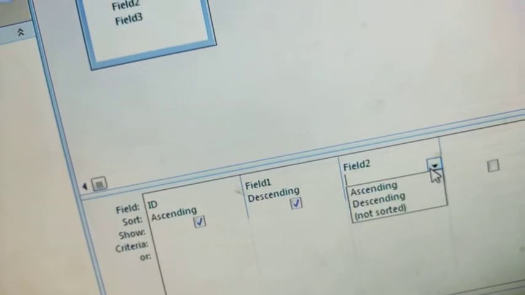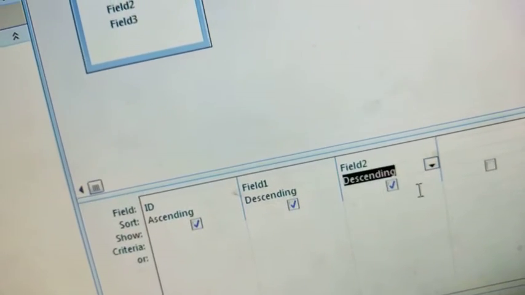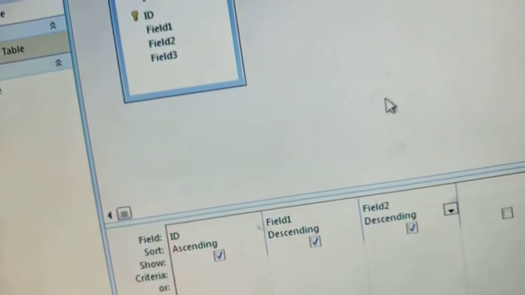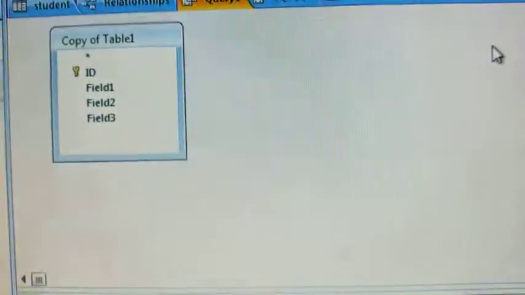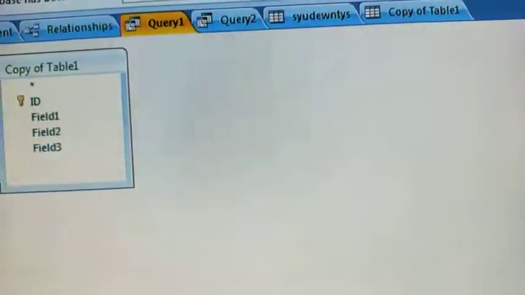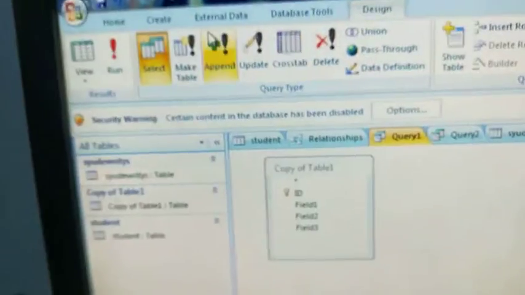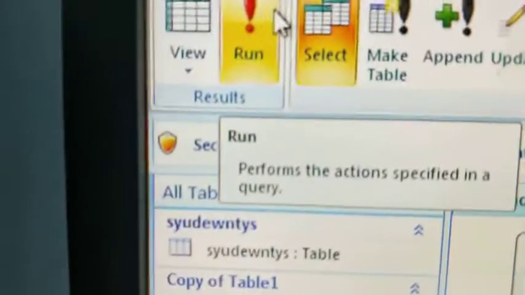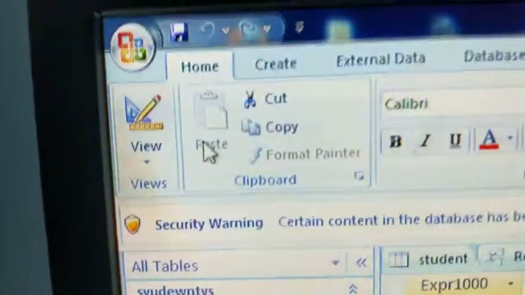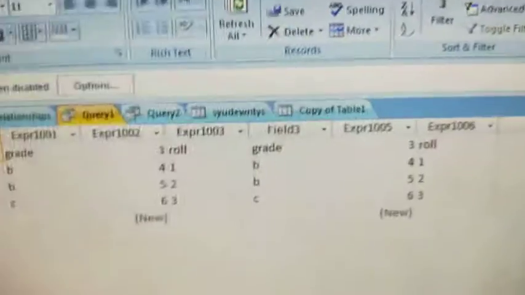You can also select it as descending. Then after selecting all the things, again you have to go to the menu option, and here one Run command is there. Here you have to click there, then you will get the answer of your query.